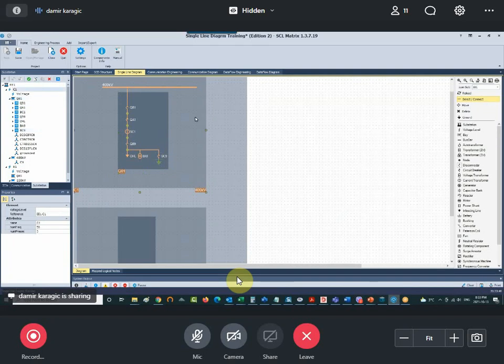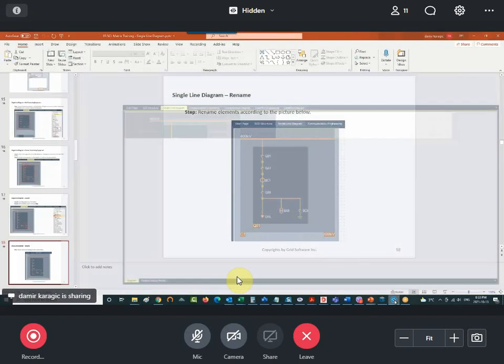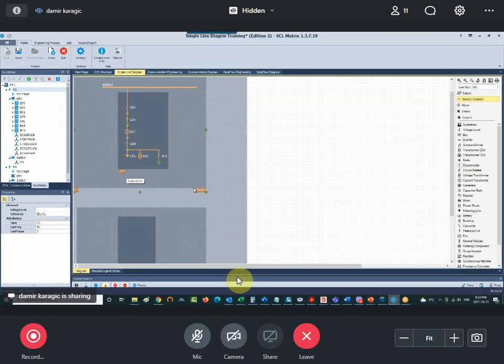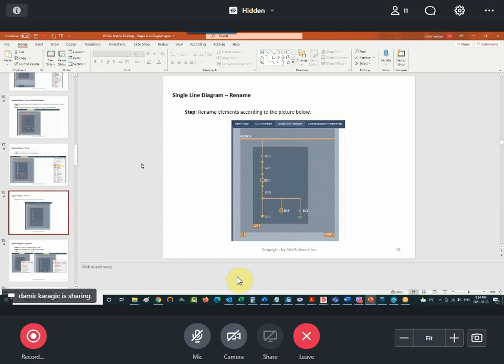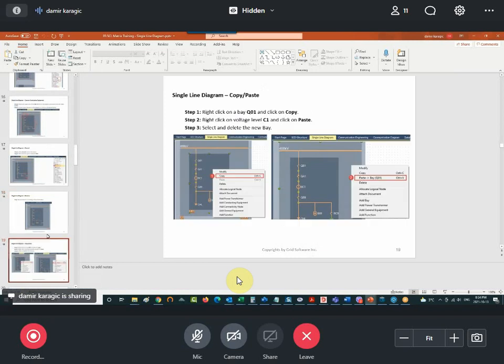Now, obviously, you can use your naming convention for your element, but I'm going to follow the presentation: QB1, QA1, BC1, QB9, overhead line BA9, BC9. The QA1, this is 400 kV, so we're good. I'm going to go to the next slide,